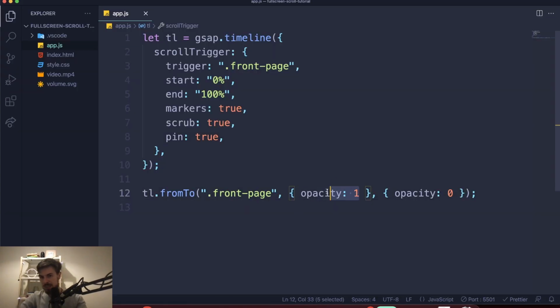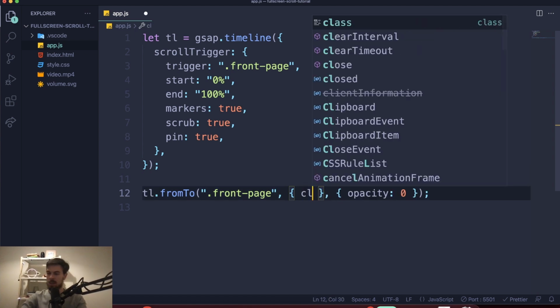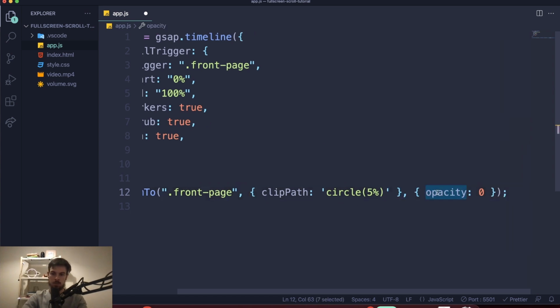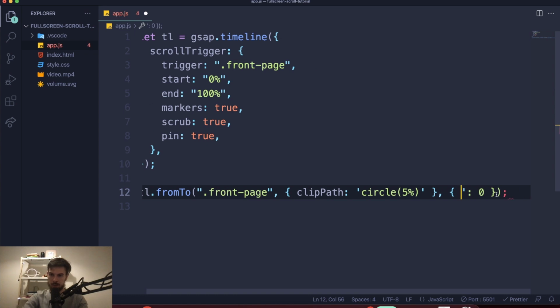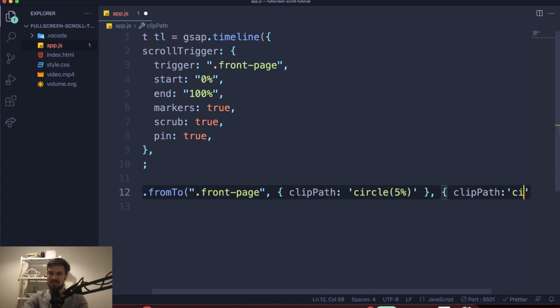So we're not going to do the opacity anymore. We're going to actually animate the clip path, right? So we can say clip path, and here I'm going to go from a circle 5%, like we had it there, to a circle. Oh, my apologies, I need to do clip path again. So let's get rid of this here. To circle, clip path. Clip path, circle,